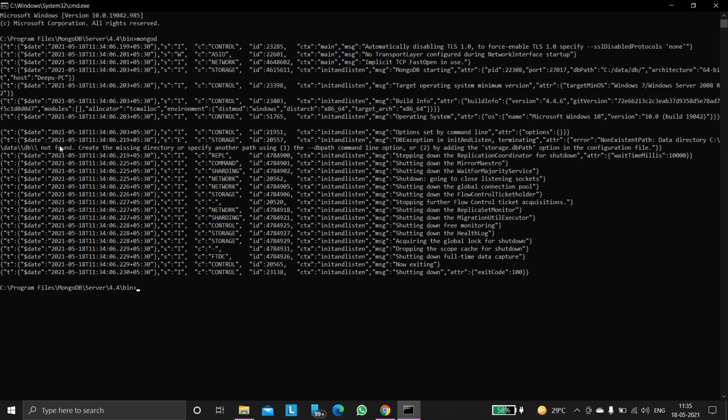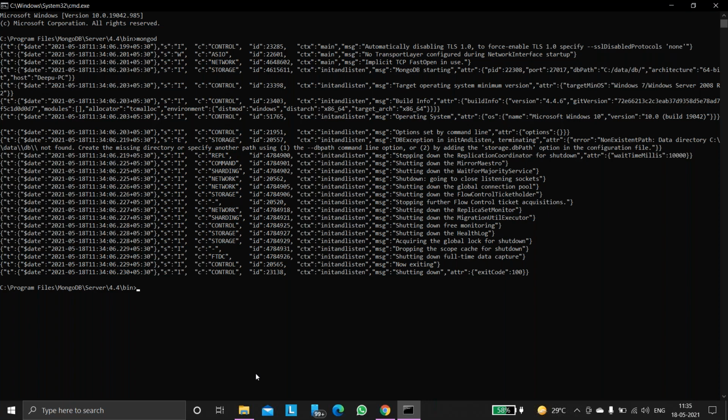Whenever you want to practice MongoDB, we need to start mongod. Mongod is nothing but the Mongo daemon server, we can say. It will expect this folder, data and the db folder, in the C drive.